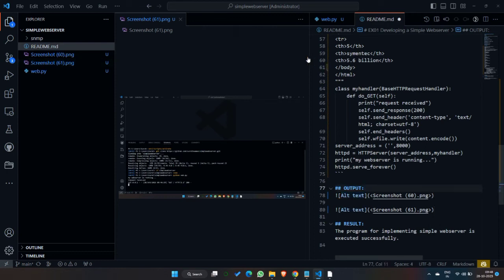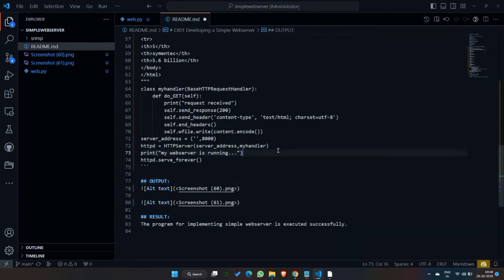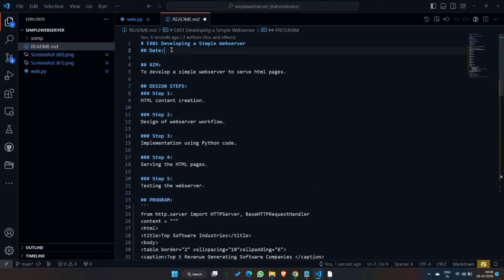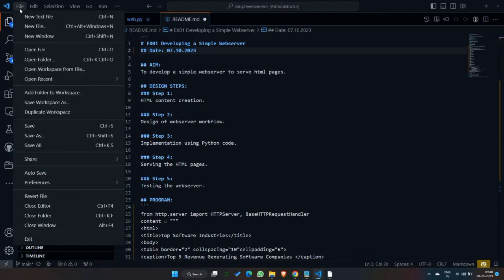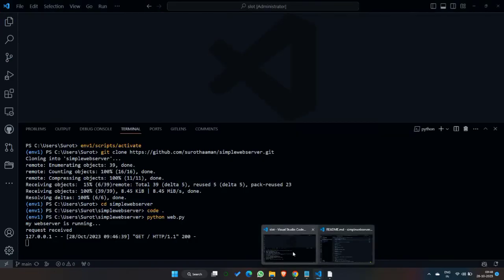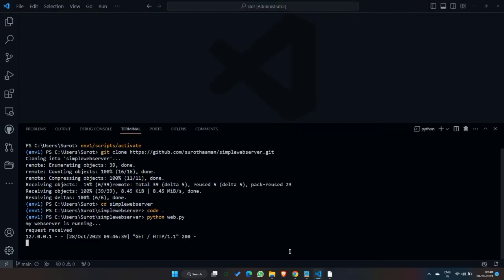Once all this is done, now give the date for that particular exercise 1, and after everything has been done, you just save the file, and once the file is saved, open the terminal. And remember, in the terminal it's not showing our command line, and to display the command line press Ctrl C. Still the web server is running, so you have to press Ctrl C for displaying the command line